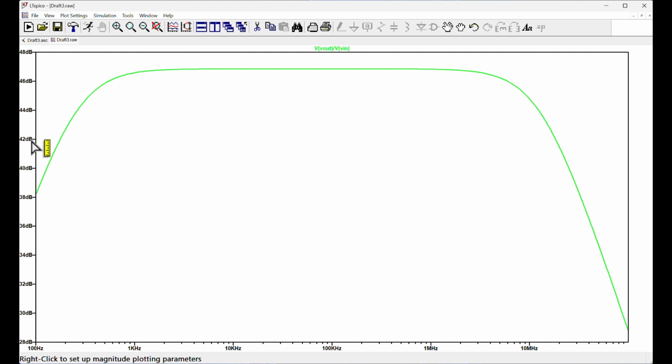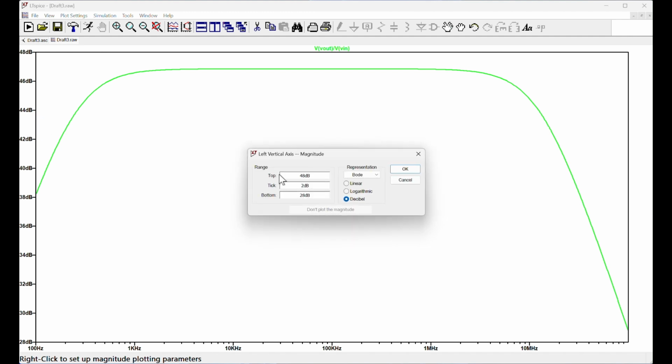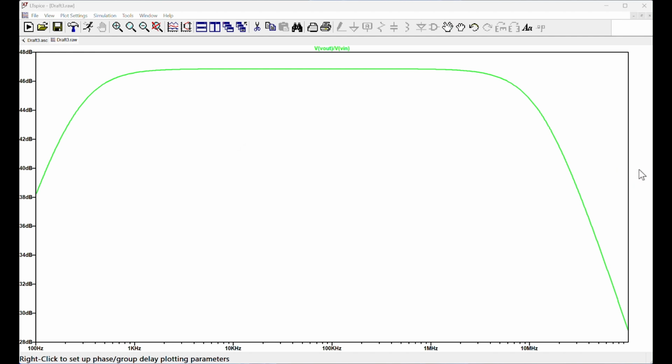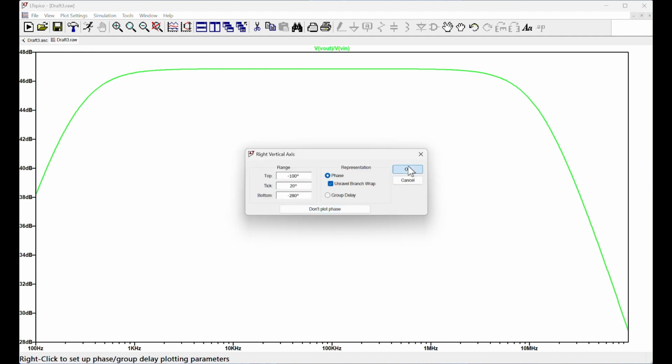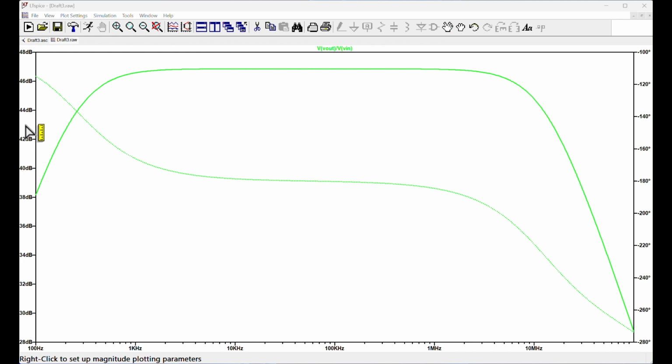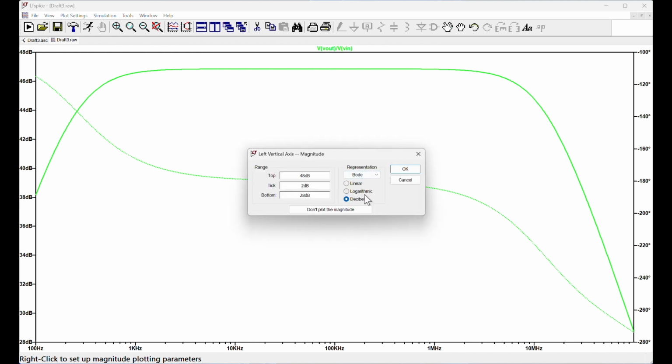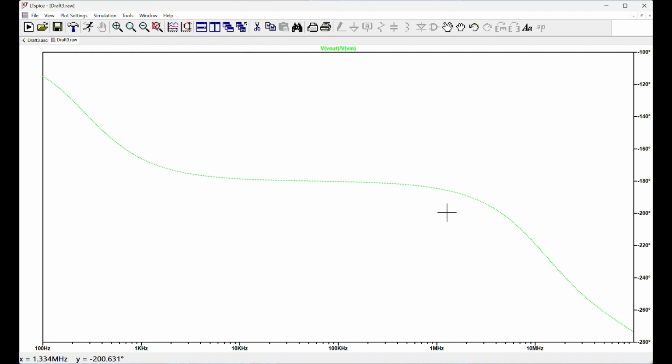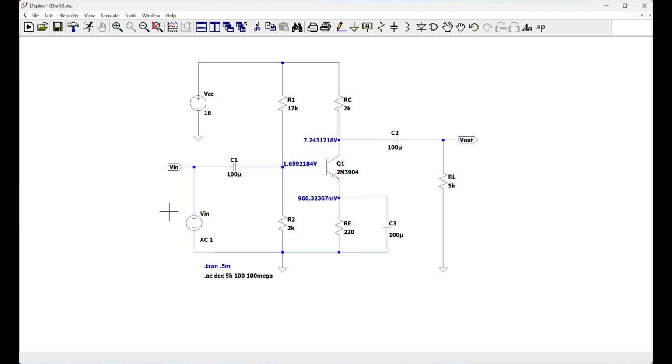If you only want your gain phase with frequency, right click on it and then right click on this axis, enable this, click OK, and you can delete your gain. So this is your phase with respect to frequency. Alright, now we'll do input and output impedance. So to find the input impedance,